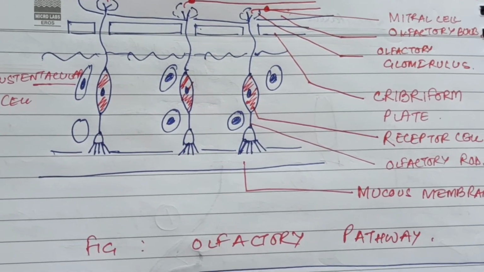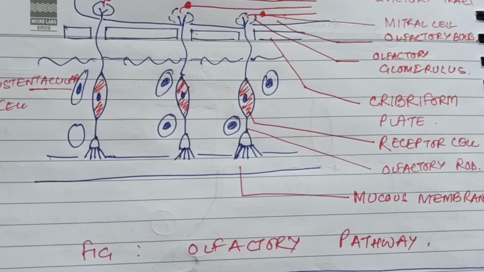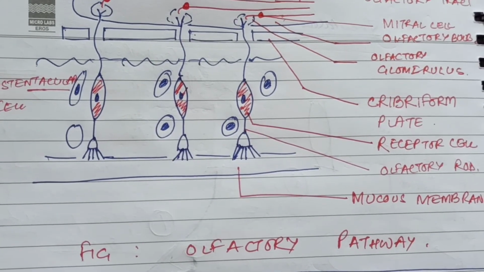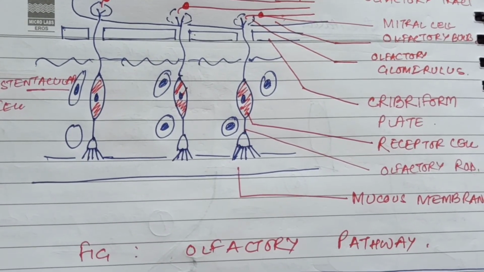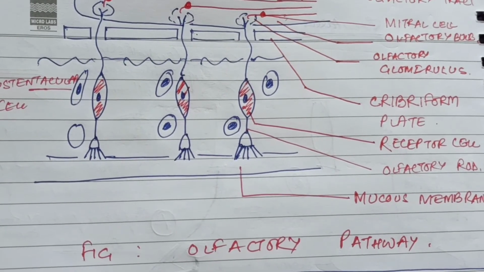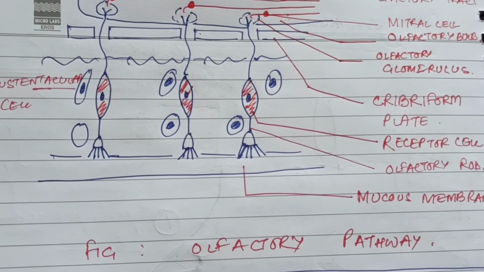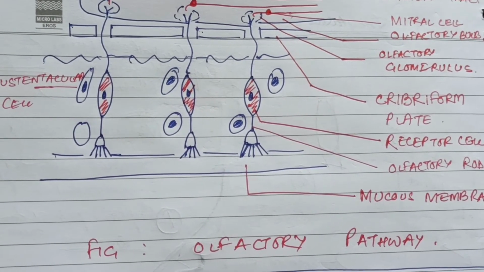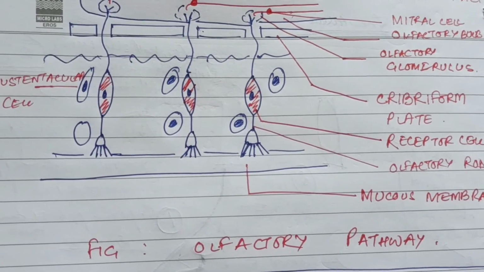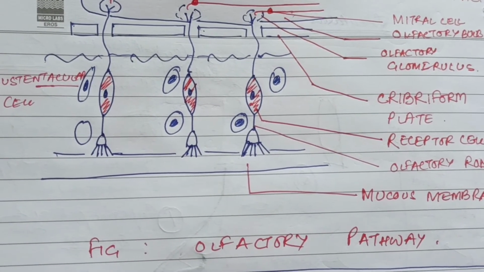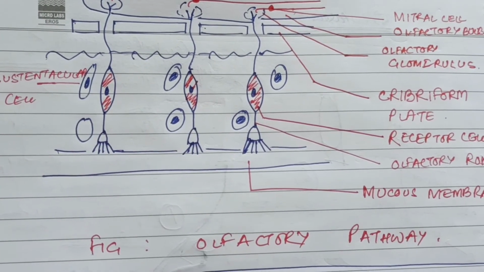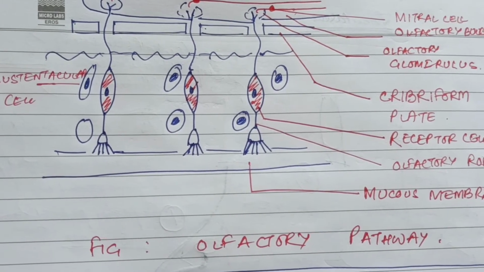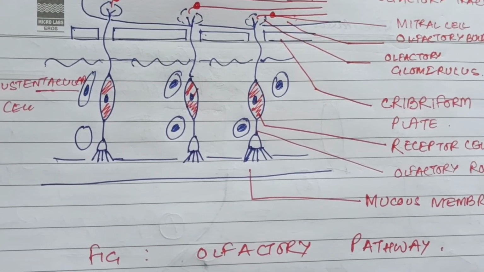You can see I have already sketched it. After that you can see the olfactory tract area. So these axons of the receptor cell and the dendrites of the mitral cell, along with the olfactory tract, all lie in the olfactory bulb. Now you can also see an area that is the cribriform plate. These axons pierce through the sieves in the cribriform plate of the ethmoid to enter the olfactory bulb.